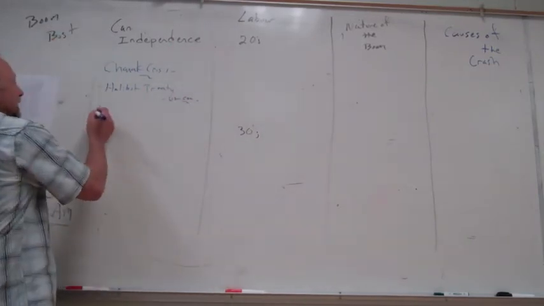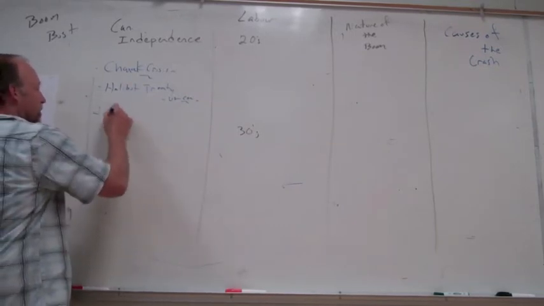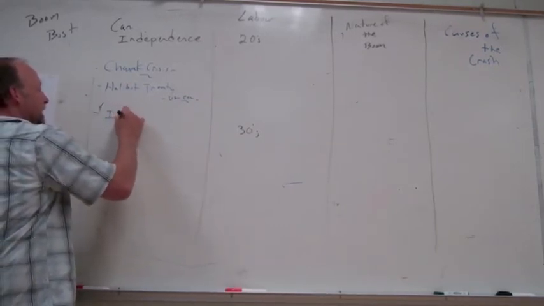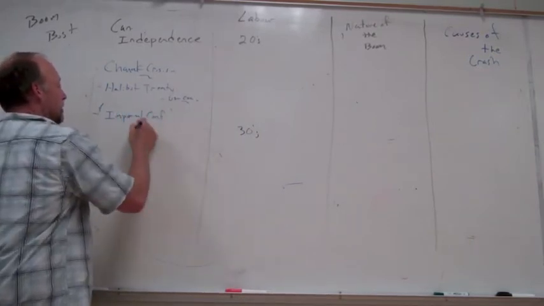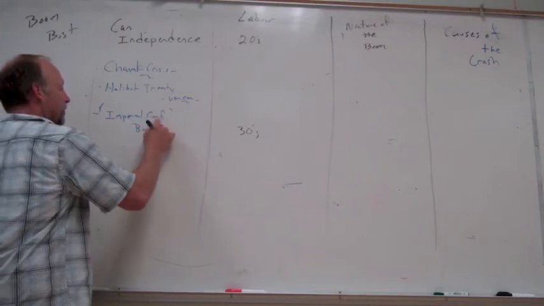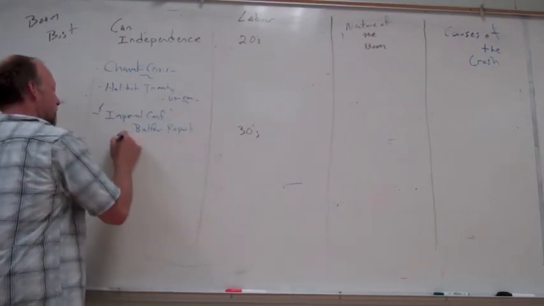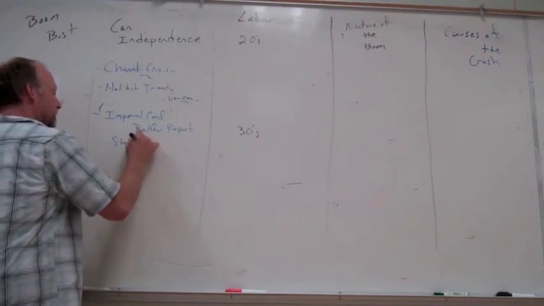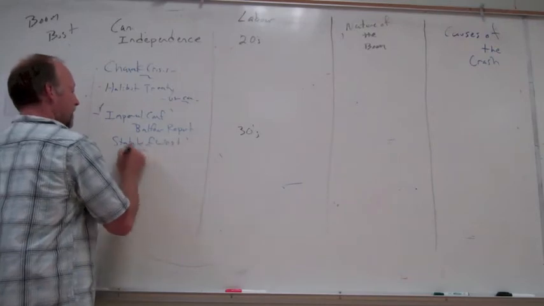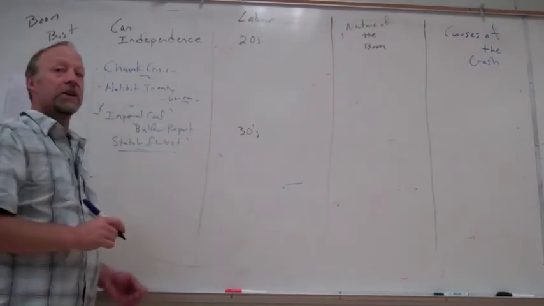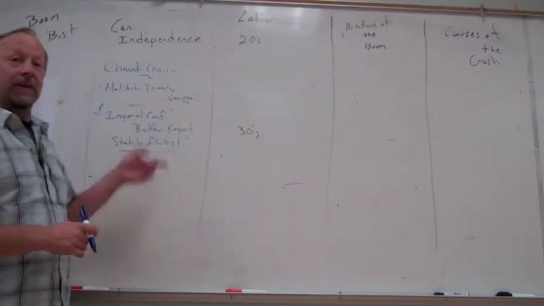The next one's a little more complex, and there are three terms that come together: the Imperial Conference, which led to something called the Balfour Report, which led to something called the Statute of Westminster. I have no idea why they insist on this, except maybe it's a great chance to ask a difficult question. They all have the same thing.